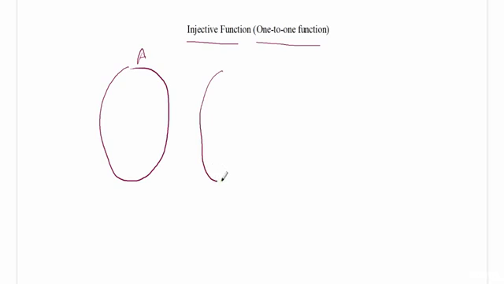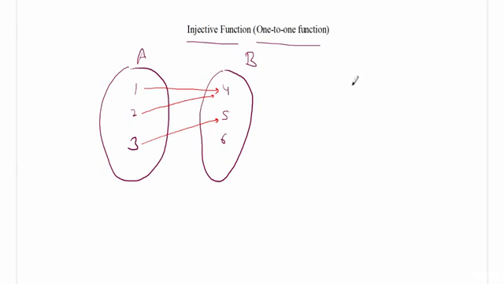So in this lecture you will understand injective function, or it is also called one-to-one function. So guys, we know that between any two sets A and B there are different kinds of functions possible, right? For example, we learned in the previous lectures that there can be a function from A to B such that this is mapped to this, this is mapped to this, and this is mapped to this. This is a function. Or there can be another mapping between A and B such that A is 1, 2, 3 and B is 4, 5, 6. So here 1 is mapped to 4, 2 is mapped to 5, and 3 is mapped to 6. This is also a function.